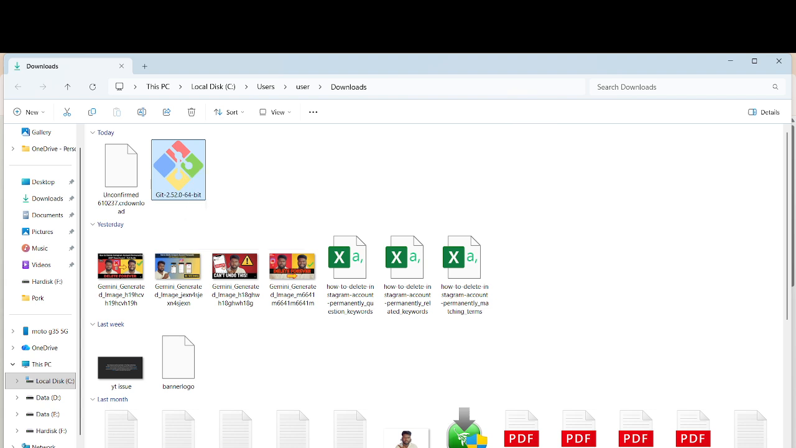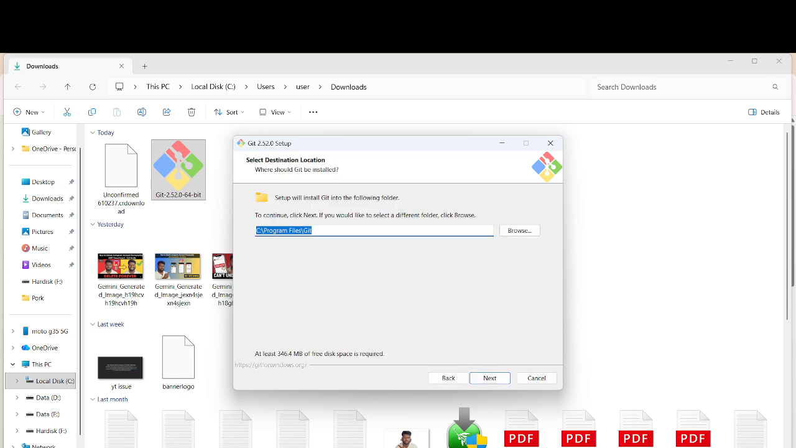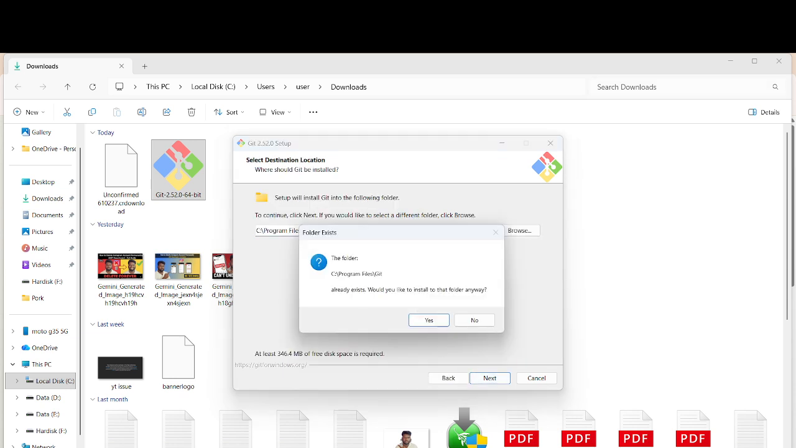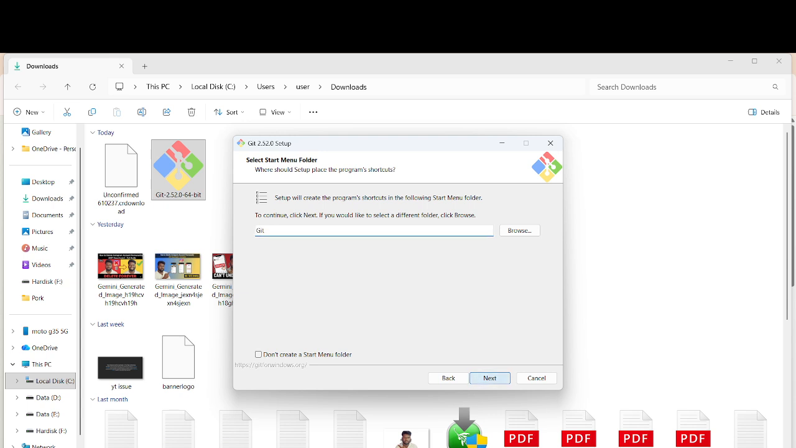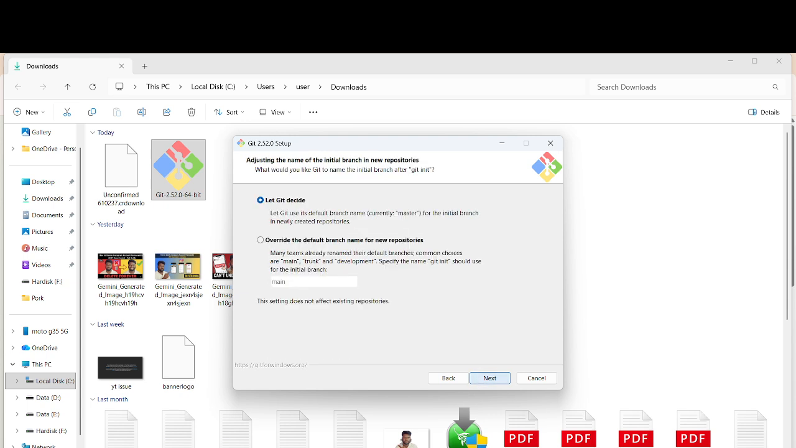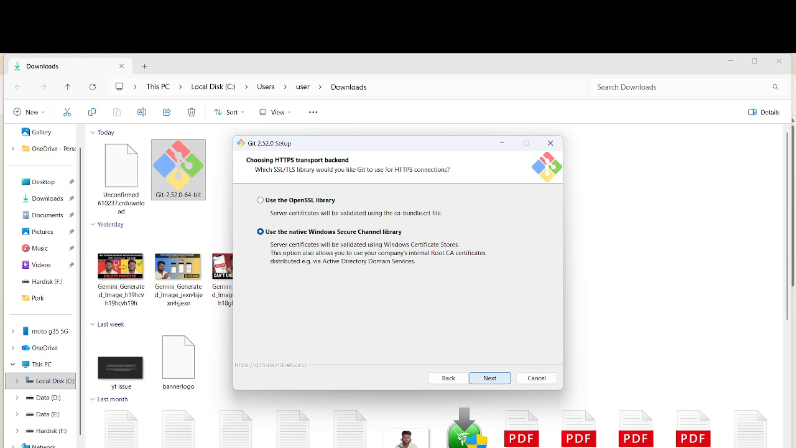Just double click it and select yes, then next, and next, and select desktop, so it will create a shortcut. Next, use Git Bash only, so you can select whatever you require. And next,